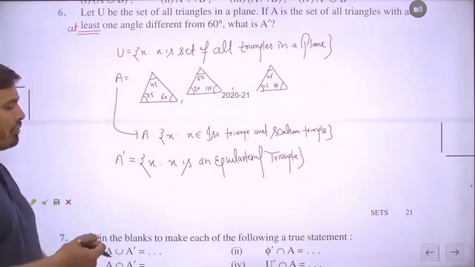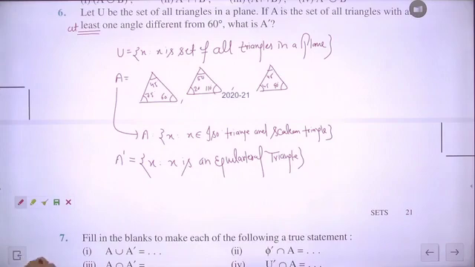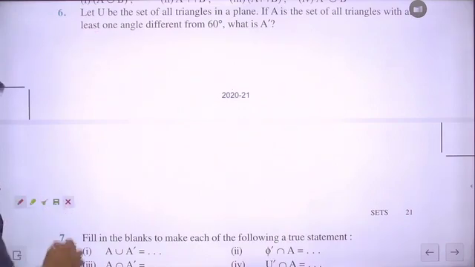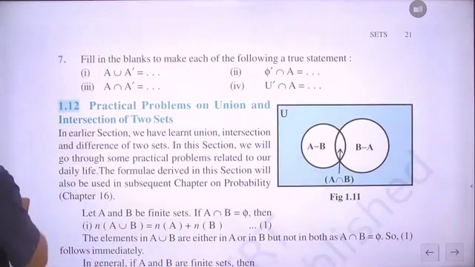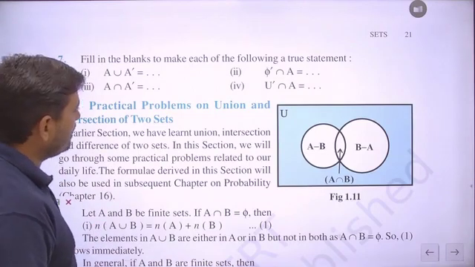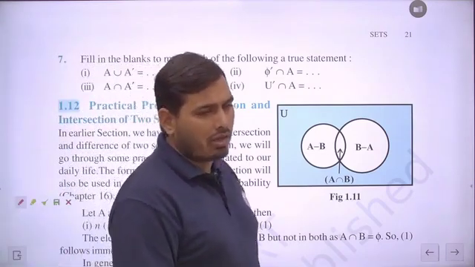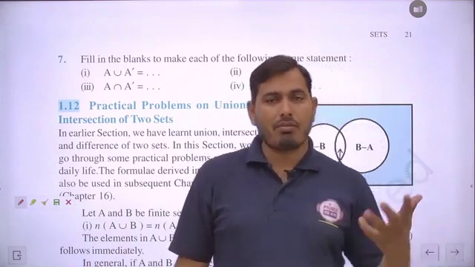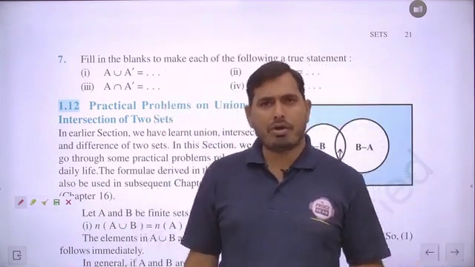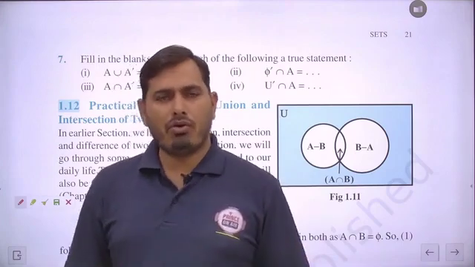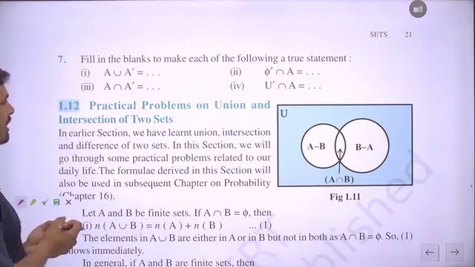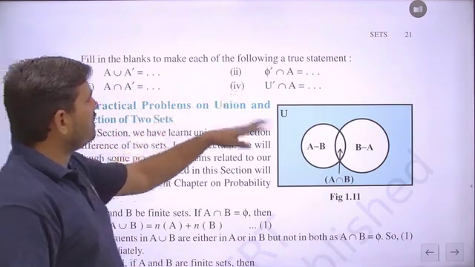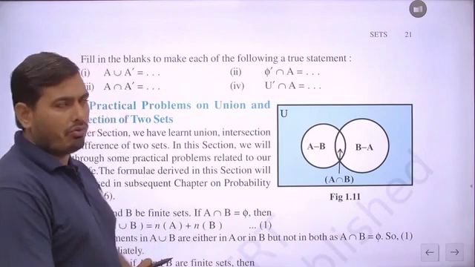So pause the video to note it down, student. Then we will take the next question number 7. You can see question number 7 here, and this question belongs to some basic kind of properties. In the theory part, we have to discuss some laws: complement law, De Morgan's law, double complement law. Is it to be clear? These types of questions are asked in question number 7, where we have to fill in the blanks to make each of the following statements true.